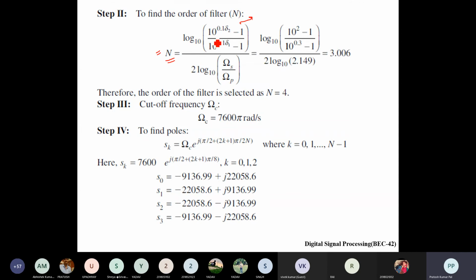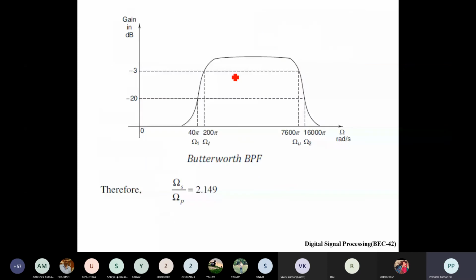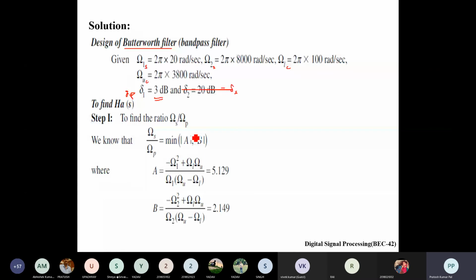So if dB is given, convert this dB value into a normal value. This normal value will be retained here. With respect to this, using the pass band and stop band frequencies omega 1, we will find this value, and the n value will be given by this. Before that, two pass band frequencies and two stop band frequencies are given. So omega LC is given. This is a cutoff frequency, and this is also a cutoff frequency. You can say this is a pass band frequency, and this is also a pass band frequency, higher and lower. Similarly, two stop band frequencies are given.